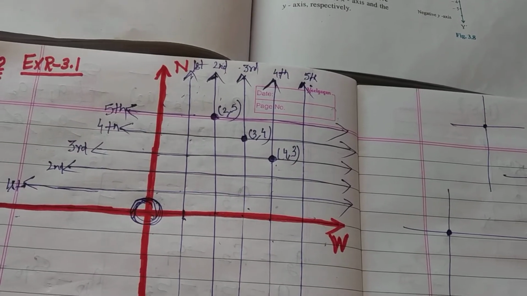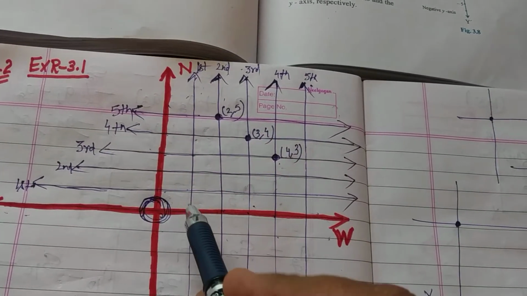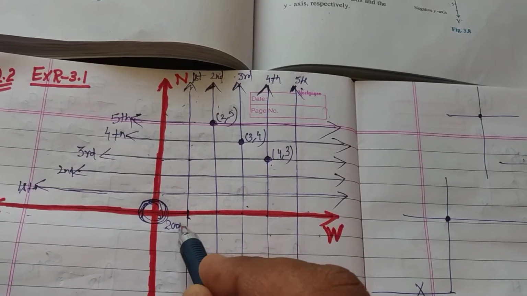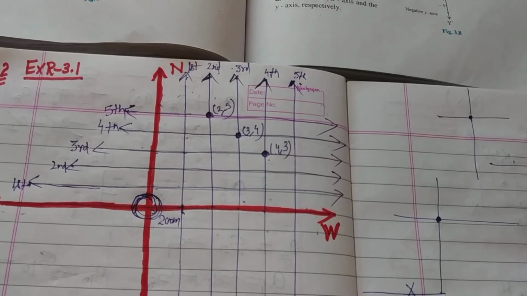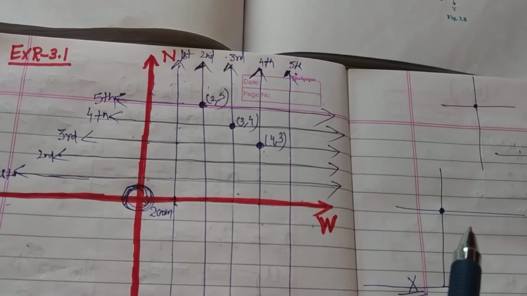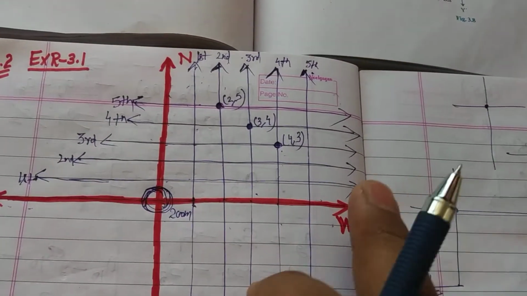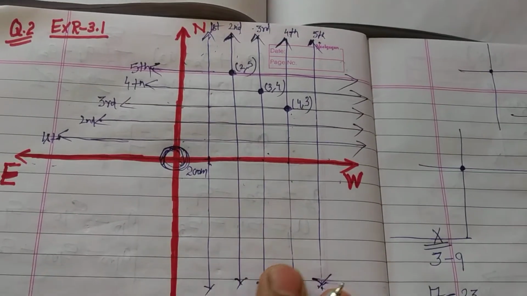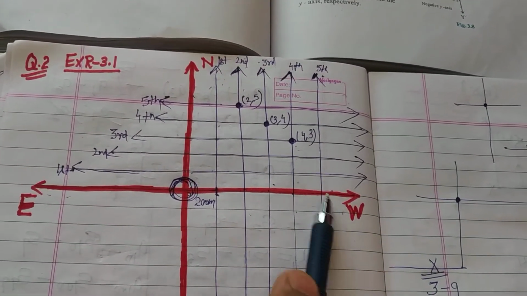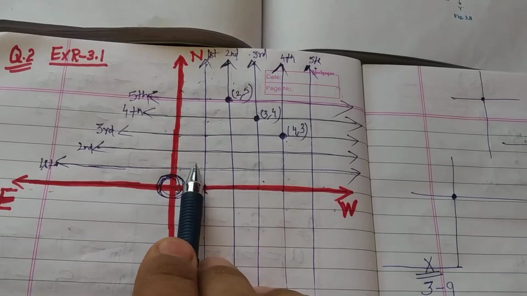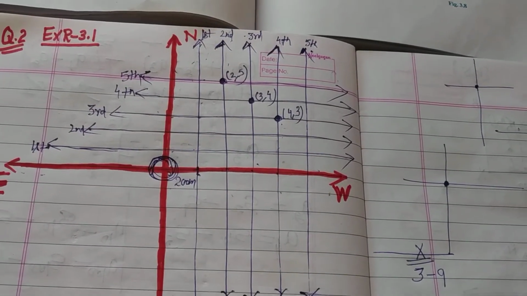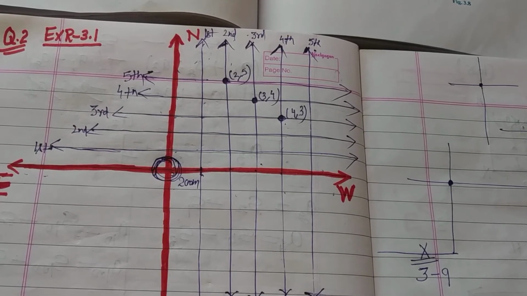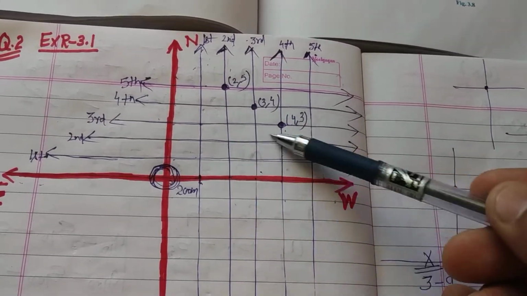Using 1 centimeter equal to 200 meters, when we plot on the graph, this distance of 1 centimeter is equal to 200 meters. Draw a model of your city in your notebook. This is the model of the city. Represent the roads and streets by single lines. So we have represented the main roads by red color lines and streets by blue color lines. There are many cross streets in your model. Yes, there are many cross streets.